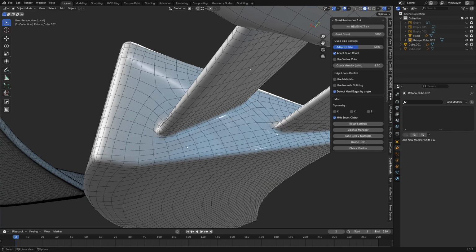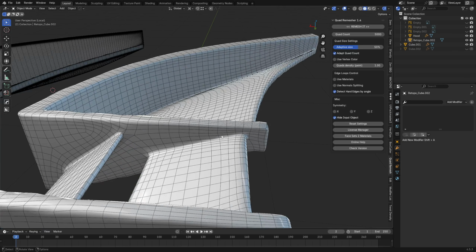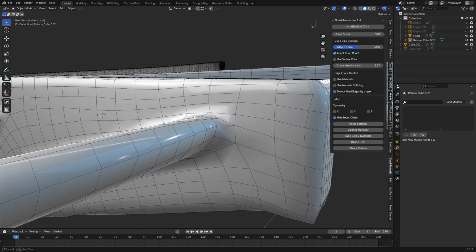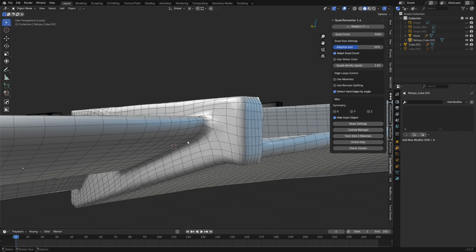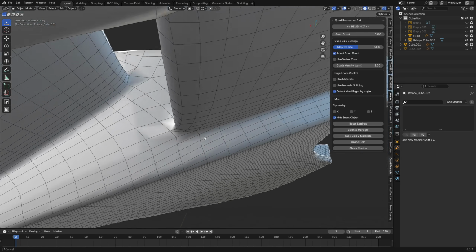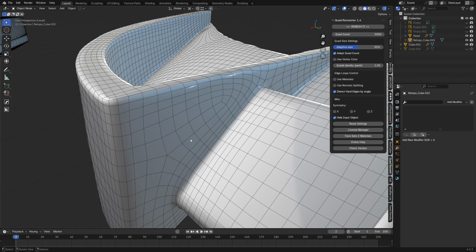So you can see the edges flowing through from here to the top here, and then it doesn't really know what to do in this area as much, but I would say that's pretty good. Pretty good idea to run those around like that. The problem with Quad Remesher is it likes to take a flow and send it over an edge. So a lot of these are coming up out of that edge. That's not usually what you want to do, but